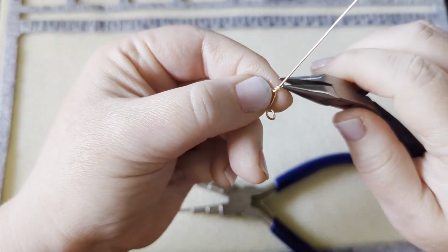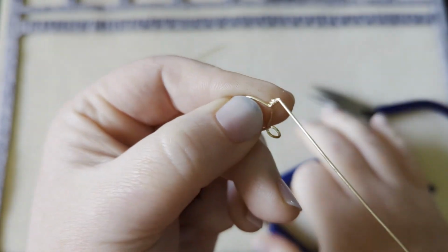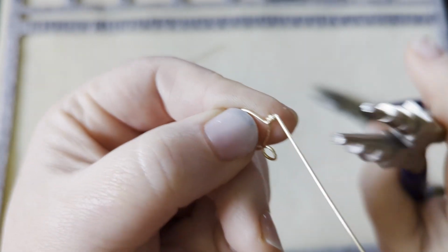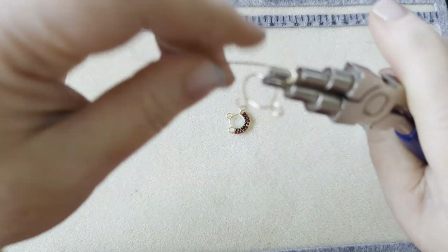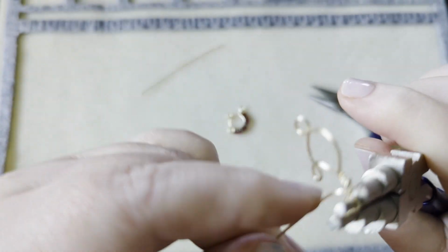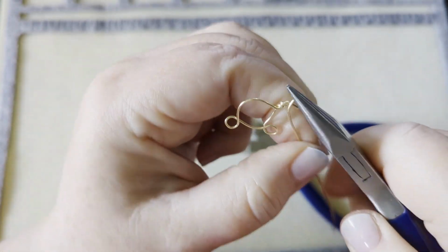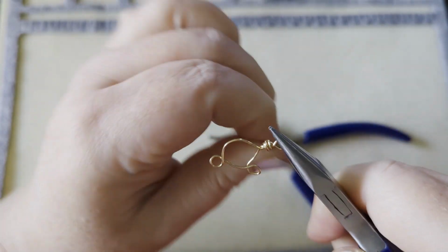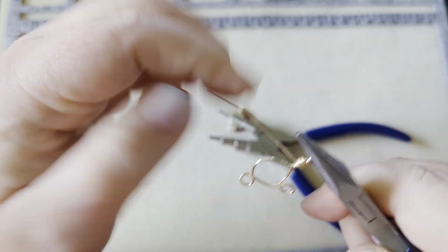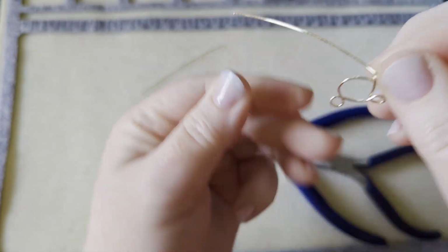All right, now I'm going to bend this at a right angle above these loops. I'm going to put the smallest one up on top, and I'm going to just bend this around, all the way around there, so that it makes a little loop. I'm going to grab onto it and wrap it around the other way. There we go. So now I've got a link